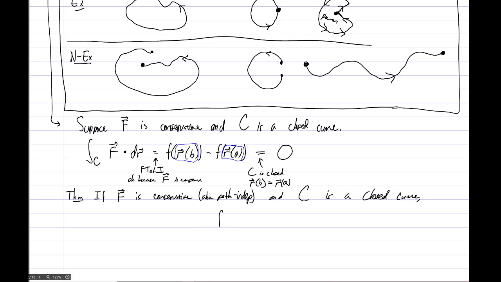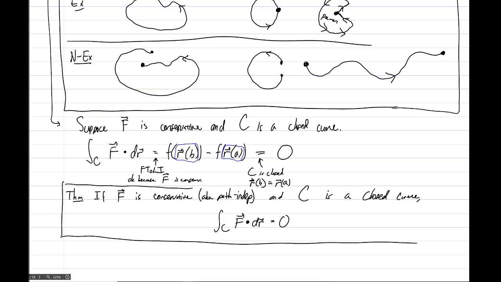Then the integral over that closed curve of the conservative vector field F dot dr is always equal to the scalar 0. The proof of this theorem is actually right there. It's the argument that we just gave right above. So let's take a look